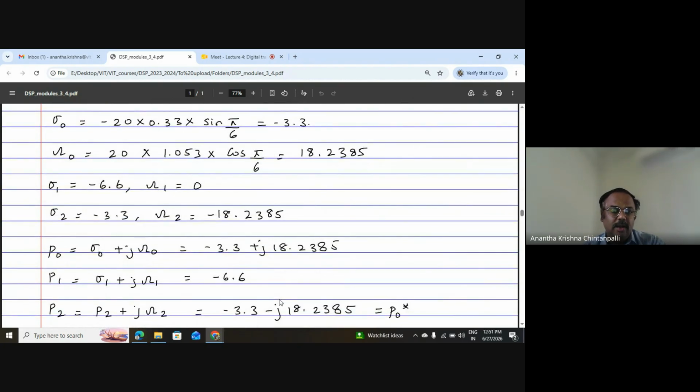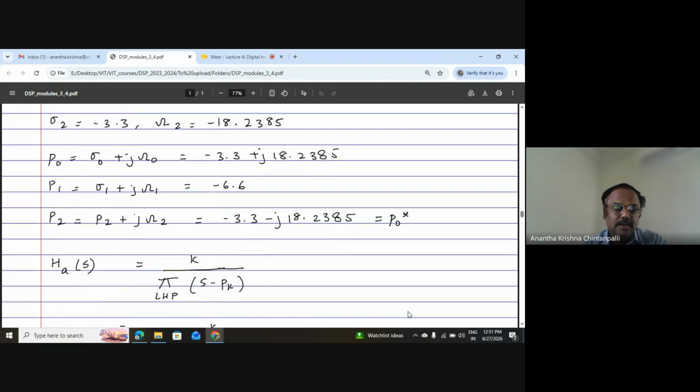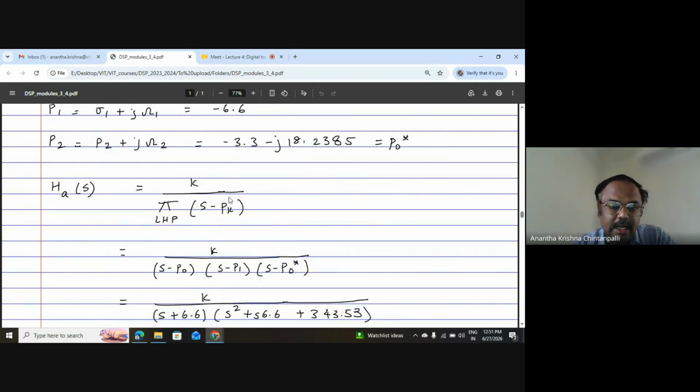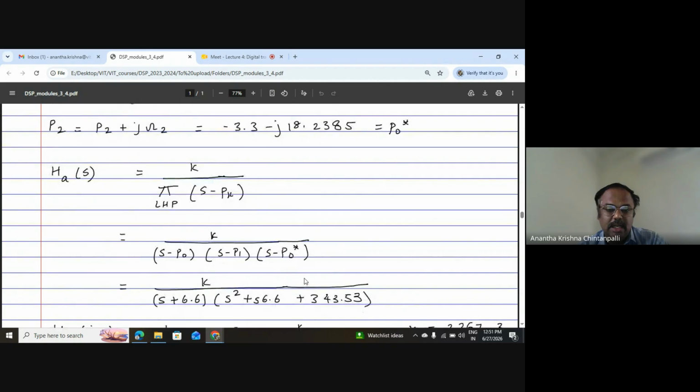Okay, so your P naught would be minus 3.3 plus j 18.2385. P1 would be minus 6.6. P2 is going to be minus 3.3 minus j 18.2385, which is nothing but P naught conjugate. So your H of S is K divided by S minus P naught, S minus P1, S minus P naught conjugate. P1 is minus 6.6, so this is S plus 6.6. And then S minus P naught and S minus P naught conjugate will give you S squared plus 6.6 S plus